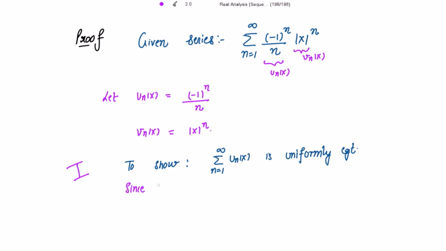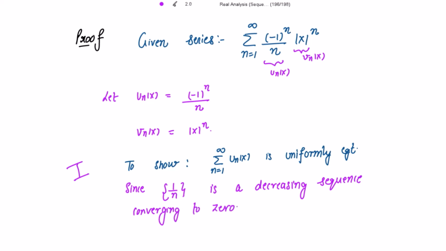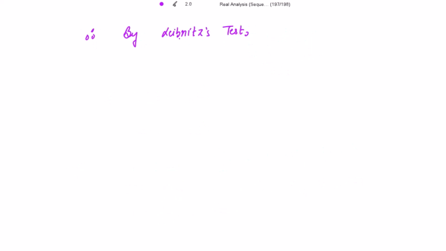So writing this, since the sequence 1 by n is a decreasing sequence converging to 0, so by Leibniz test, the alternating series summation n going from 1 to infinity u_n, that is equal to summation n going from 1 to infinity of (-1)^n divided by n,